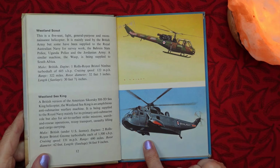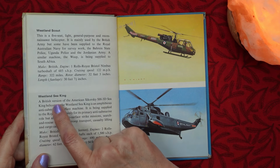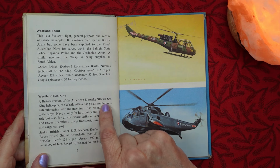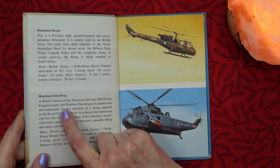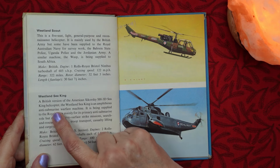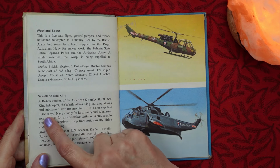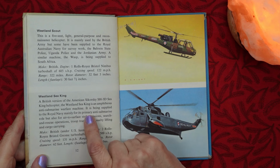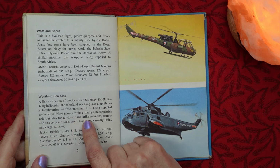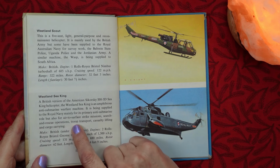And this below is the Westland Sea King, a British version of the American Sikorsky SH-3D Sea King helicopter. The Westland Sea King is an amphibious anti-submarine warfare machine. It is being supplied to the Royal Navy mainly for its primary anti-submarine role, but also for air-to-surface strike missions, search and rescue operations,